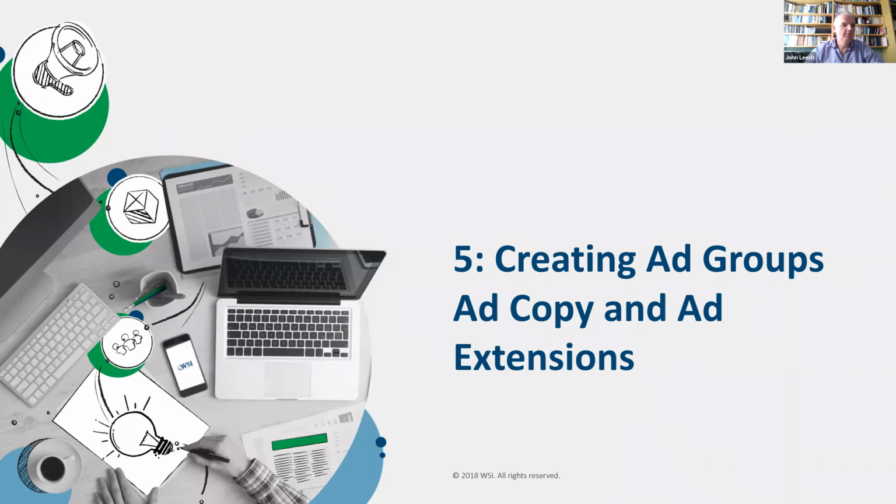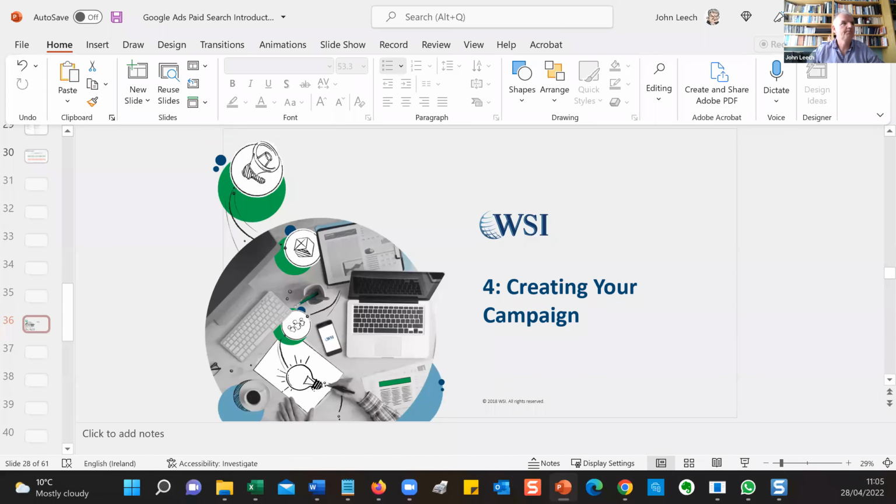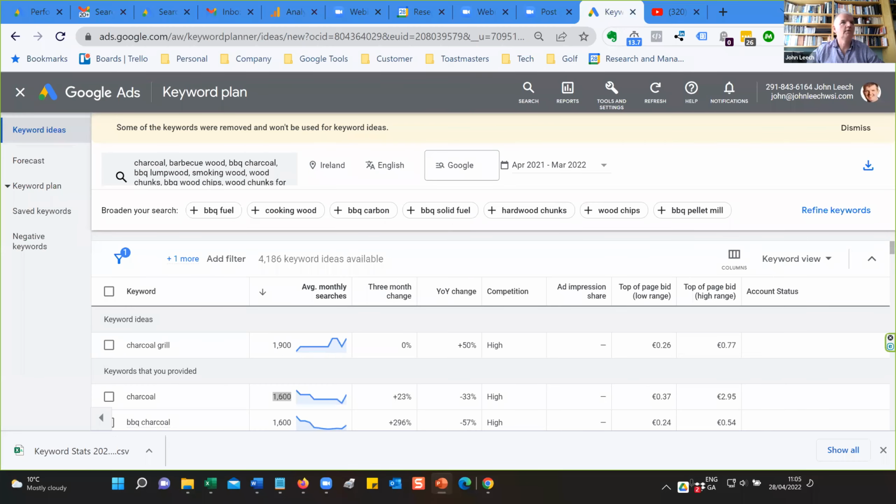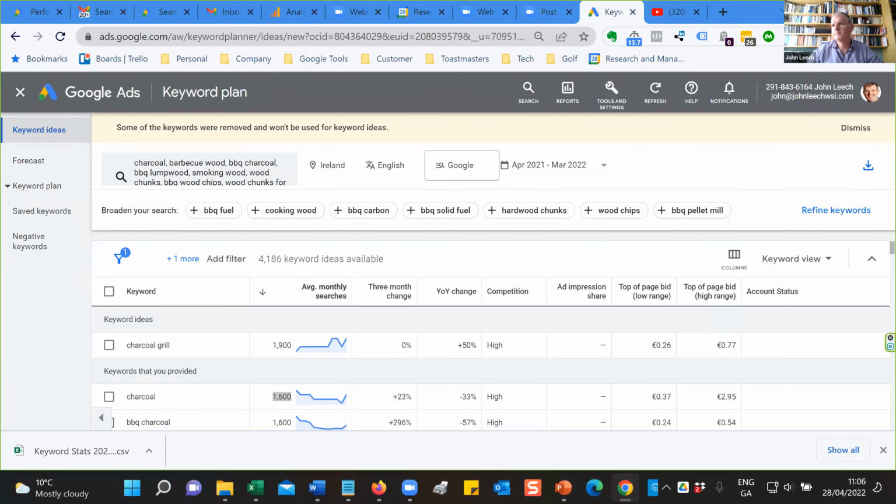Okay, let me just go back in before we break and show you that in the Google tool itself. So let me escape out of here. So we're back in your Google account. Can everybody see the Google Ads screen in my